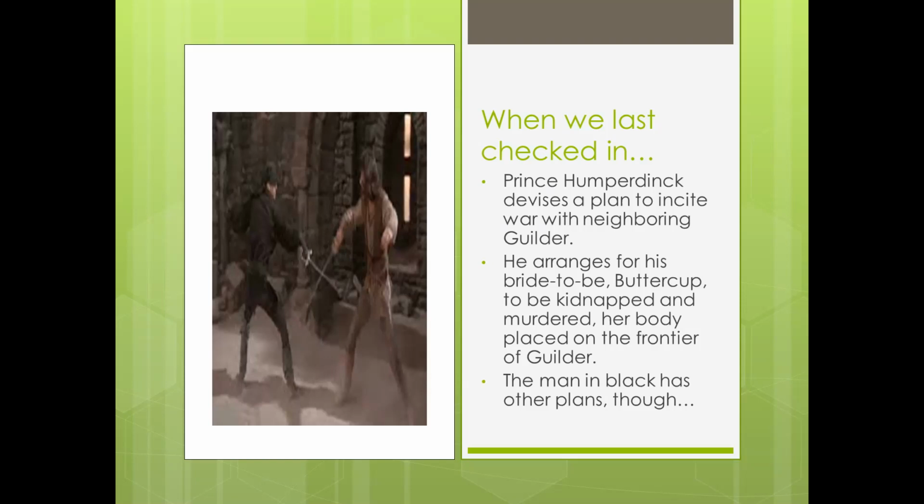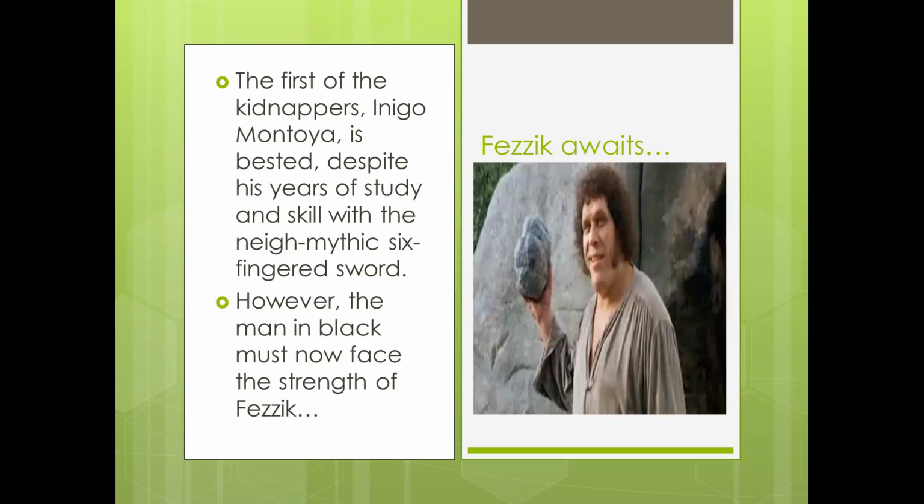However, the three kidnappers, Inigo Montoya, Fezzik the Giant, and Vizzini, just the hunchback, are surprised to find themselves pursued by a man in black. First on a ship, and then they discover him climbing up after them as they ascend the Cliffs of Insanity. Atop the Cliffs of Insanity, Inigo Montoya is left behind to kill him. But despite years of study and skill, and being armed with a 9-foot 6-fingered sword that his father had crafted,